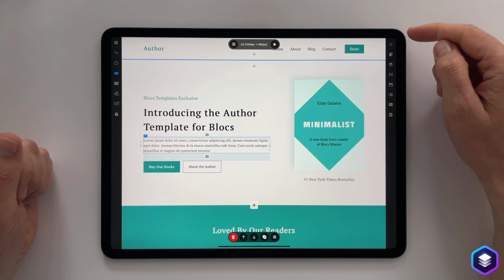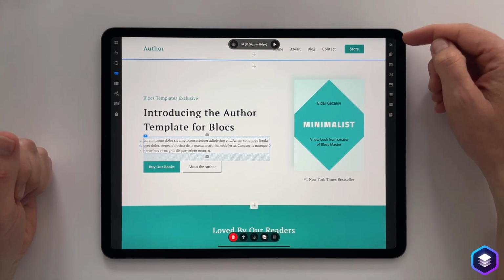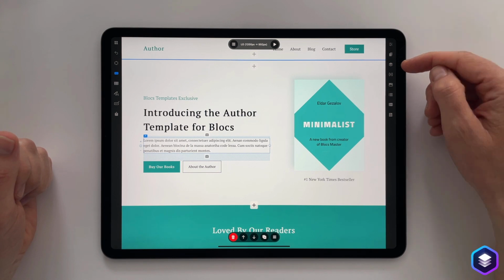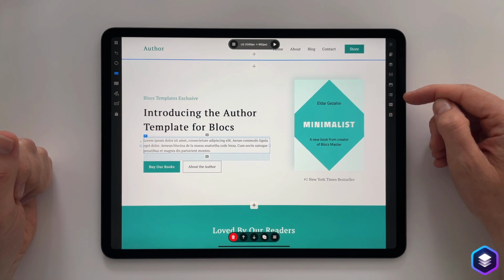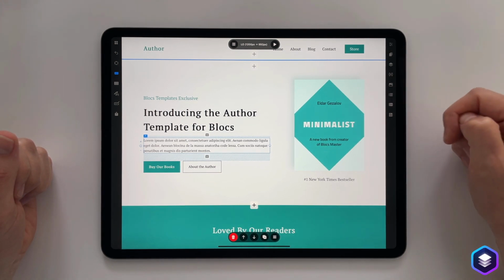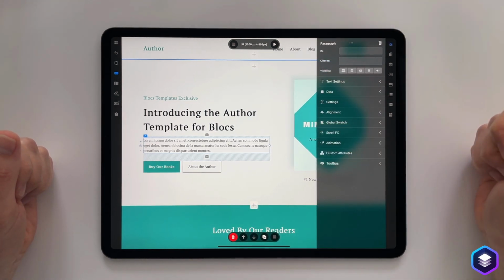So on this right side, we have symbols which may look familiar. We have the inspector, the page navigator, the layer tree, the class manager, the asset manager, menu manager, code editor, and the notes. So if I just start by opening up the inspector, we can now see we have the inspector controls.